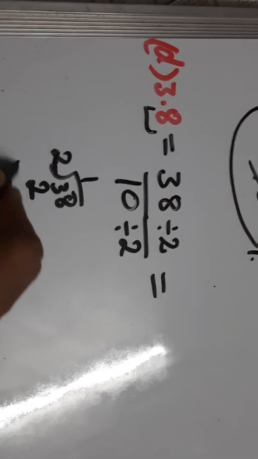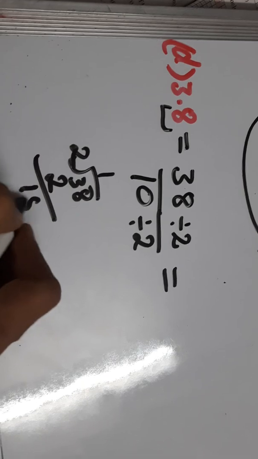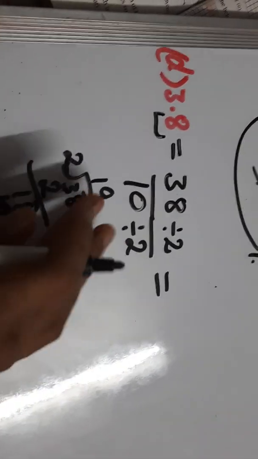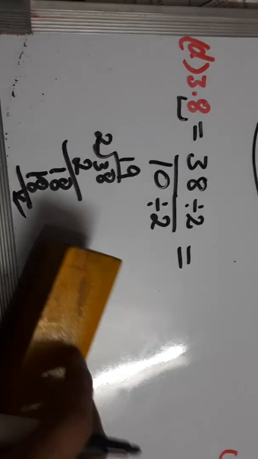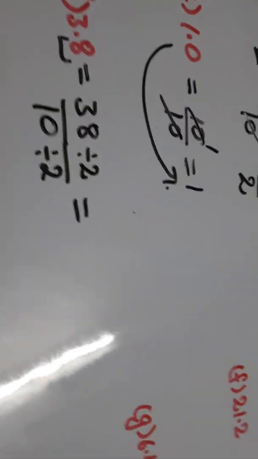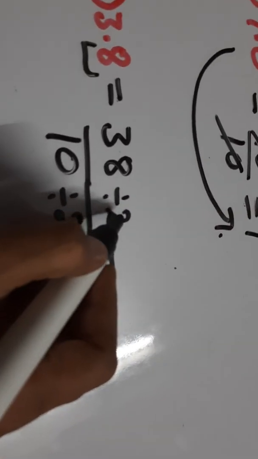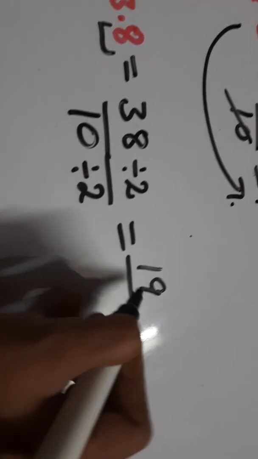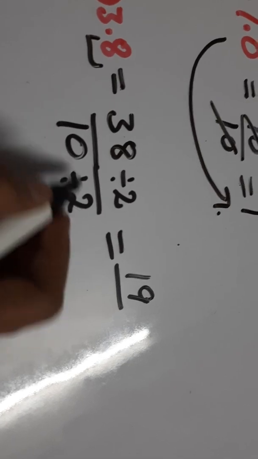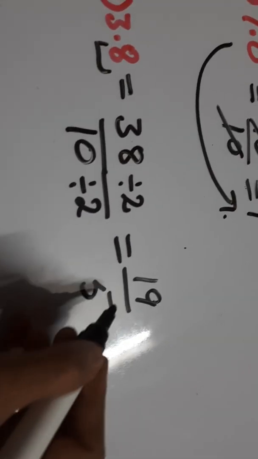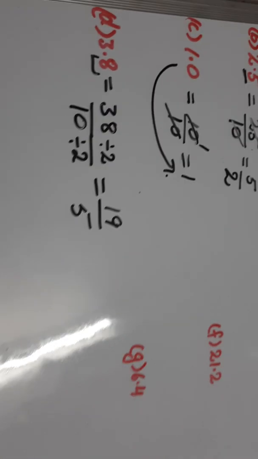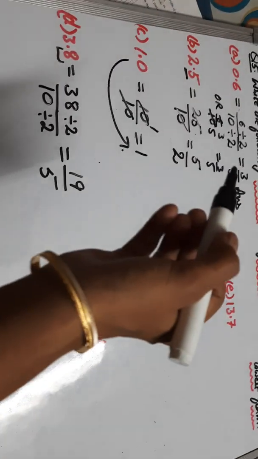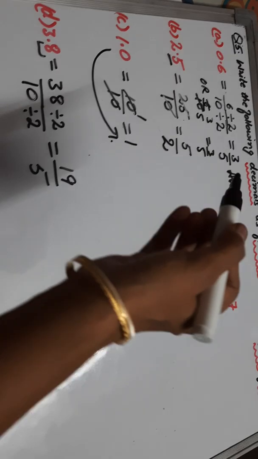2 ones are 2, you will get 1, carry 8, 2 9s are 18 and 0, that means 19. You can do in this form. और अगर आपको टेबल्स आते हैं तो 19 2s are 38 होता है, so we can write 19 upon 2. 10 when divided by 2 will get 5. तो हम डायरेक्ट कटिंग से भी कर सकते हैं. We can do it in this form also. Hope it is clear to you. You can apply both, either of the method.